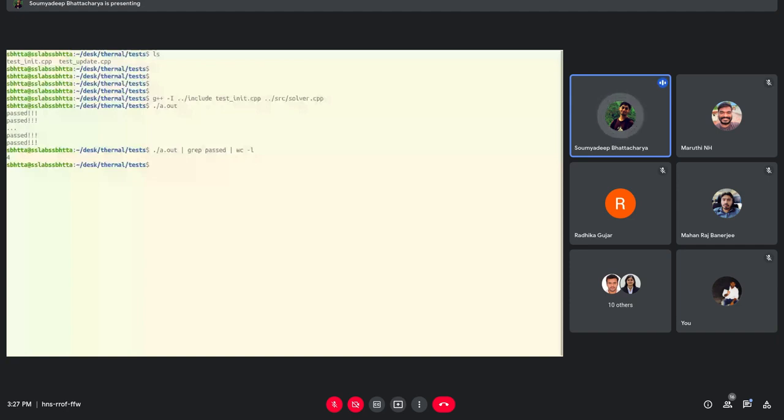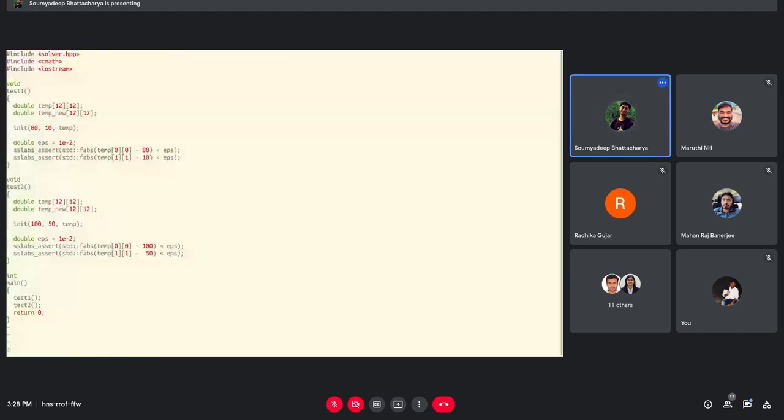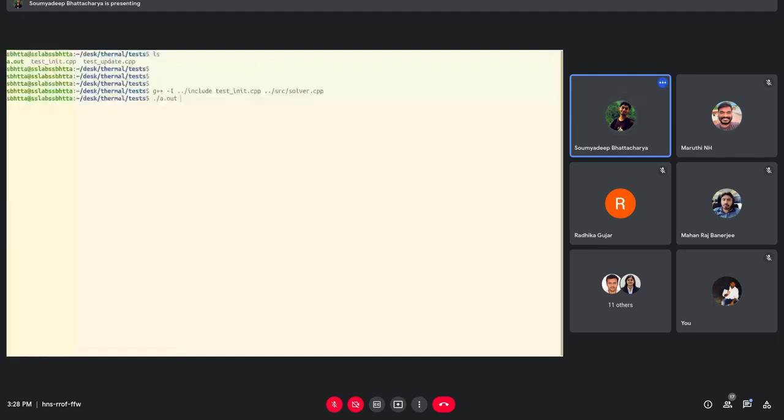If you really want to go one level further, what you can do is take down your main driver file. So essentially, this will basically tell you why we need frameworks. Right now, there's test init, which is testing two different cases of initialization. You have test update also. So if you want to test the initialization cases, you have to compile the test init, and then run it and so on. Then now you have to go to test update also, and then compile it separately and run test update,